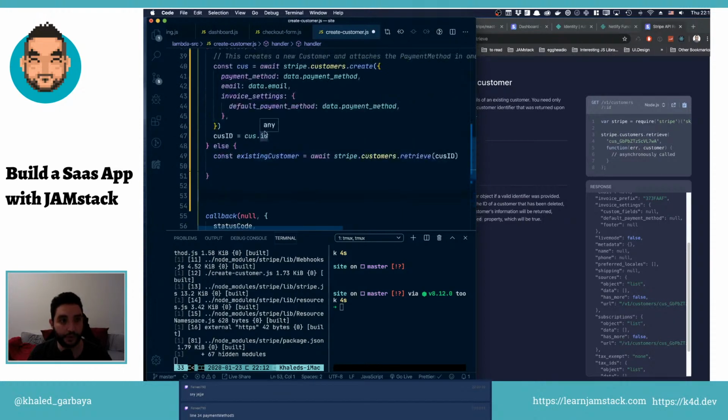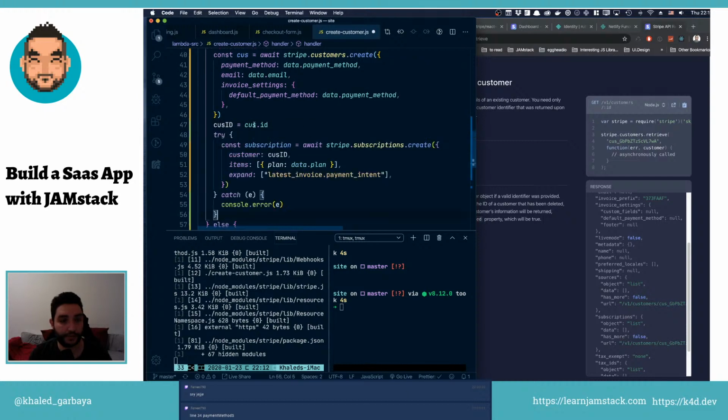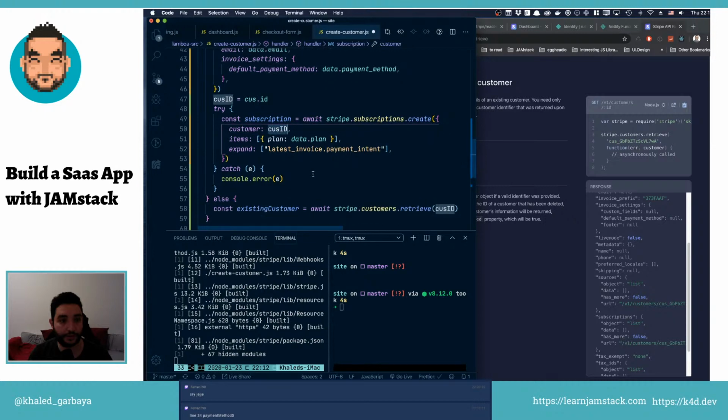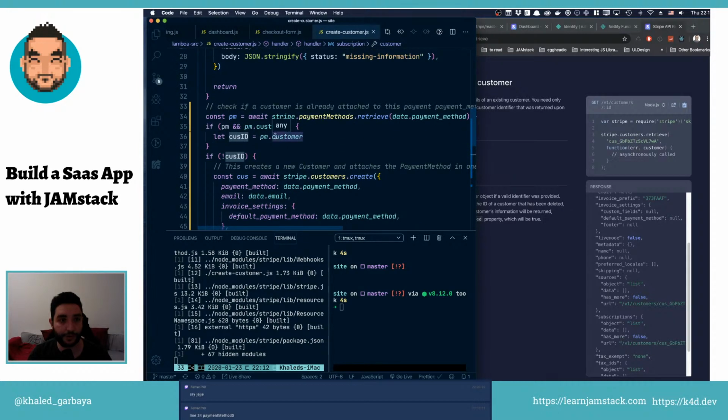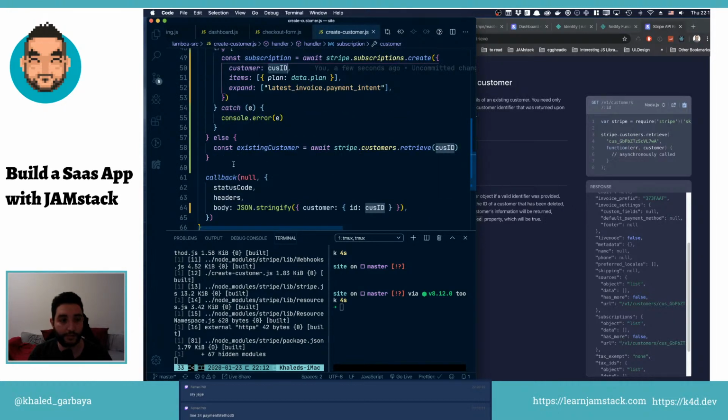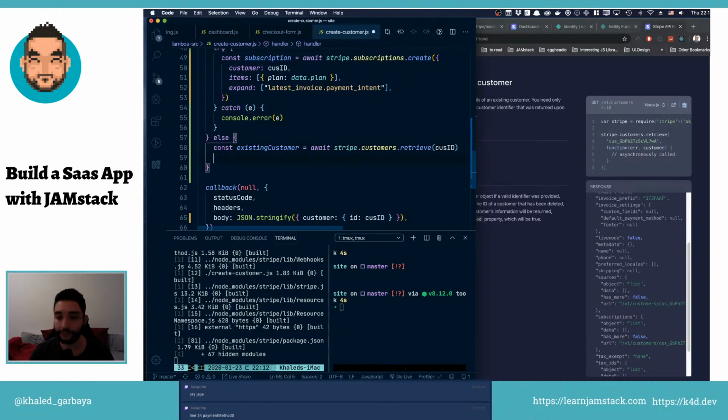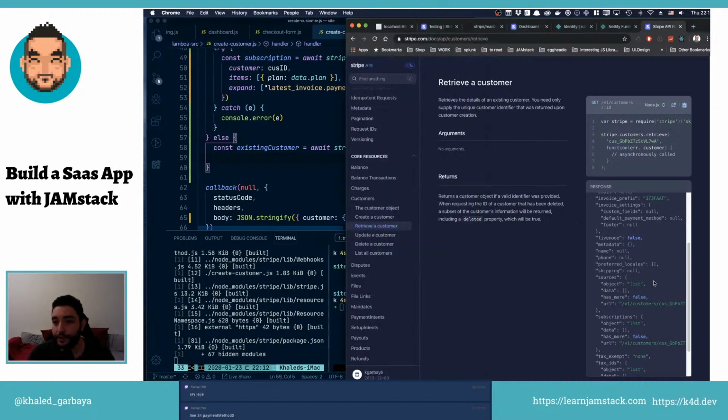So we will move this with, okay, we have this customer ID. Maybe we don't, okay, we have it here. Okay. So we create a subscription for the customer. Otherwise, if the customer exists, we retrieve the customer. And we wanna